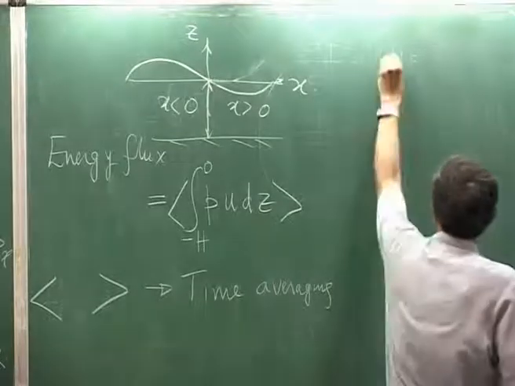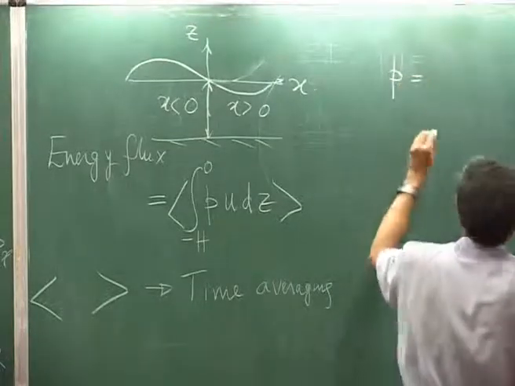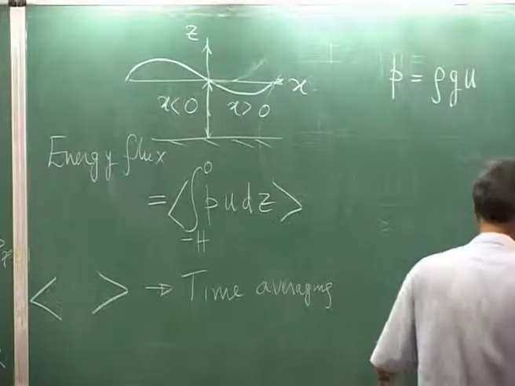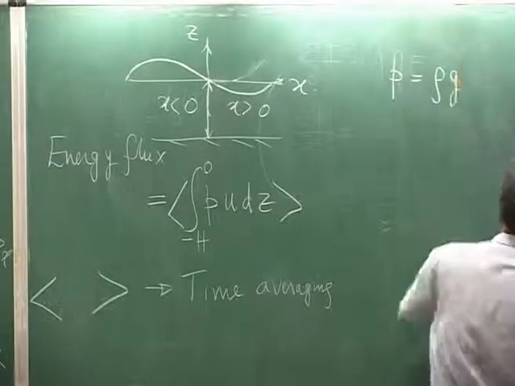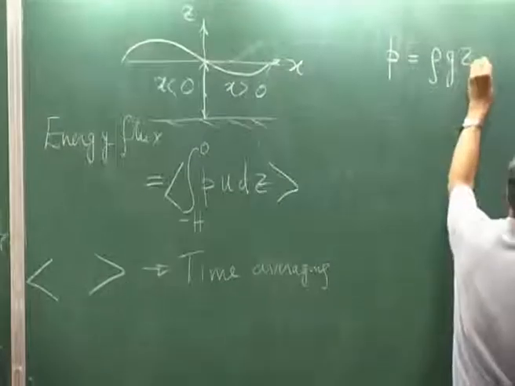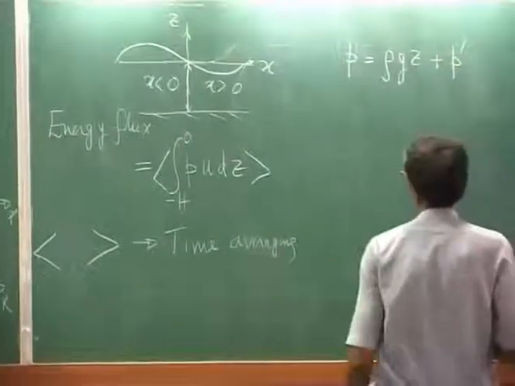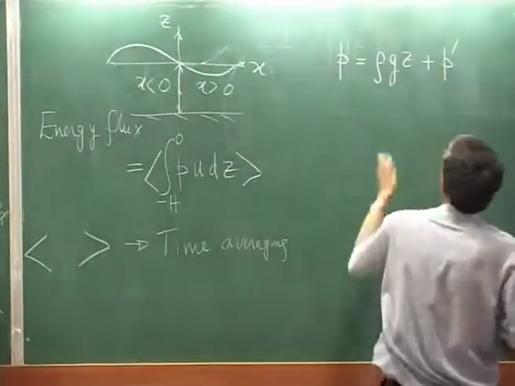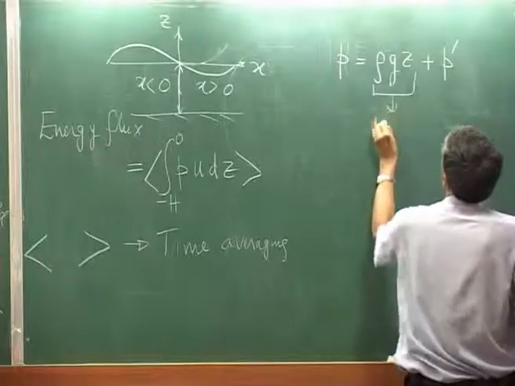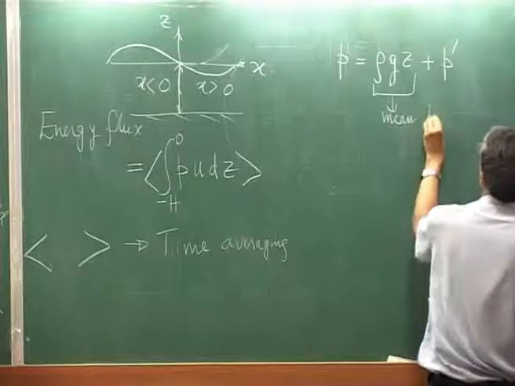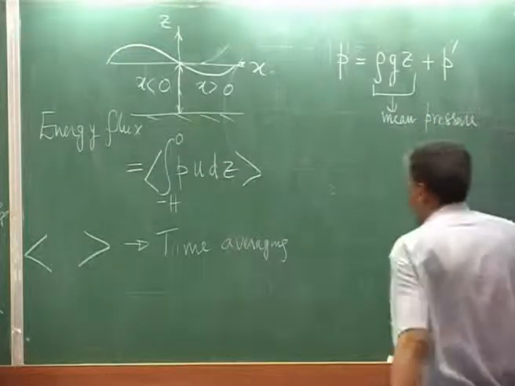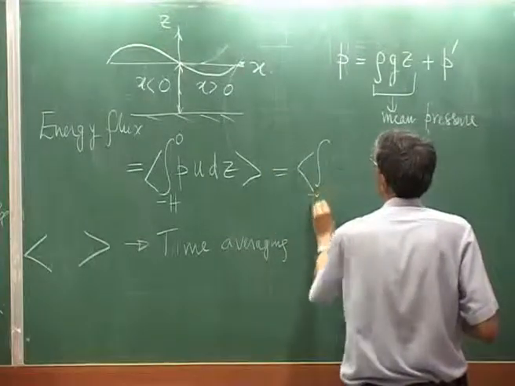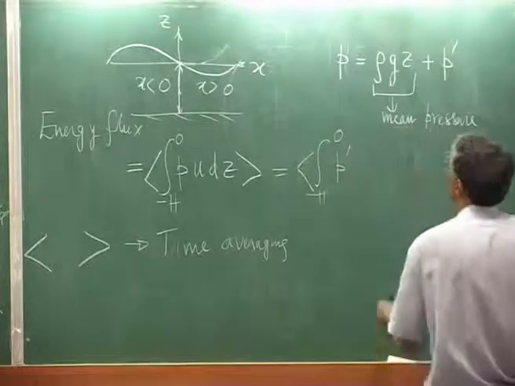Now, pressure, as we have noted, comes about from rho g z plus, say, some fluctuation term. So, this is your rho g z term plus the fluctuating pressure. So, this is your mean component. So, if I substitute it there, I will get 2 components, minus h to 0 will be the fluctuating part,